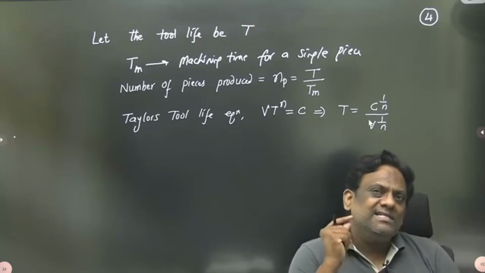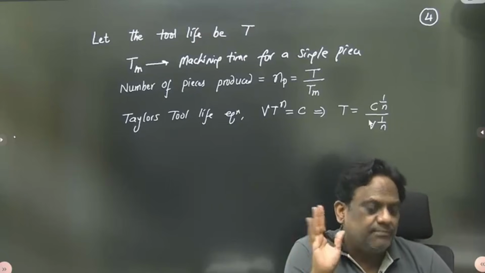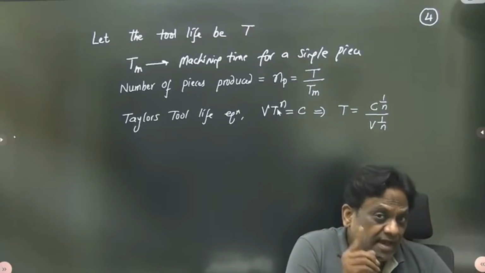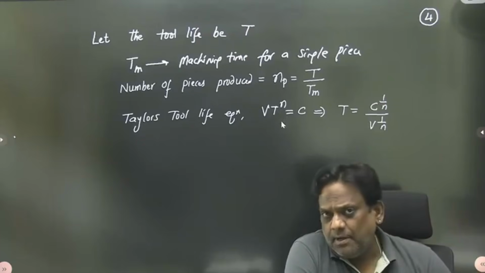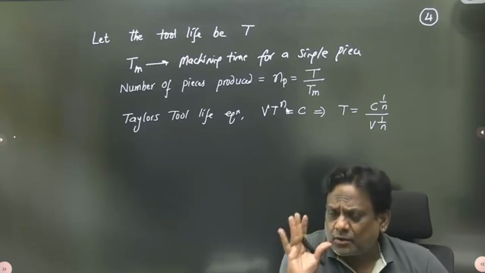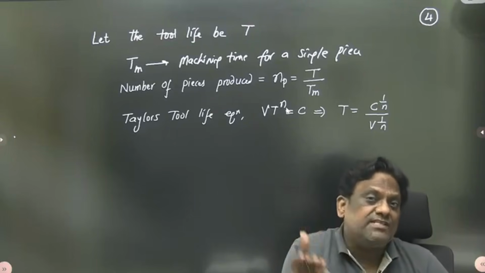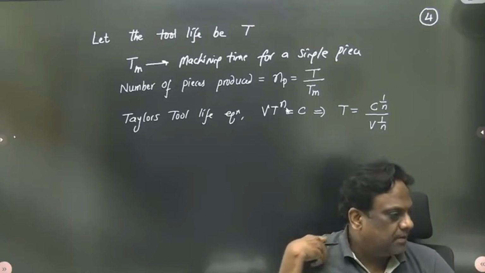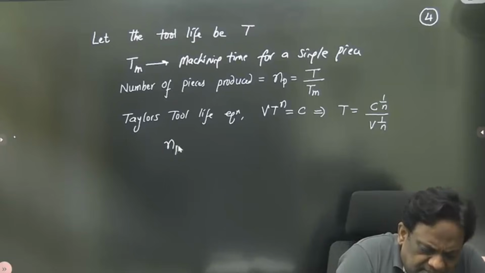तो आप बोलेंगे सर, tool life also depends on feed and depth of cut, na? We are not changing because in Taylor's tool life equation I have given you one question, there was feed, there was depth of cut, but here I am assuming feed and depth of cut constant, therefore we are changing only the major parameter which is influencing the tool life, that is cutting velocity. ठीक है sir. Now can I calculate the number of pieces that we are manufacturing?